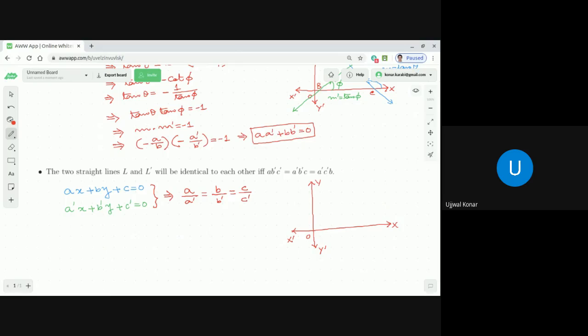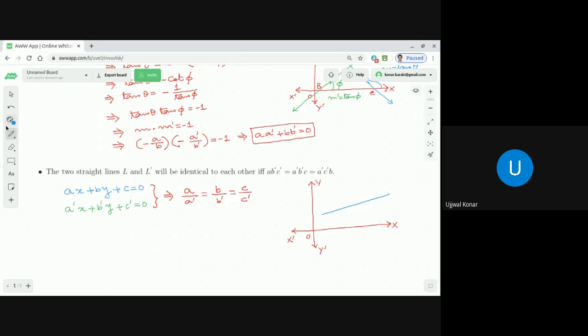Correct? So now if this is the case, what we are going to get is that a b dash c dash is equal to b a dash c dash, and that is equal to c a dash b dash. So that is what is meant by the two straight lines are identical. That means if you represent the first straight line like this,